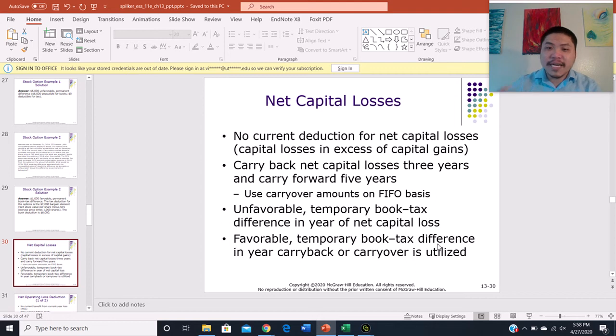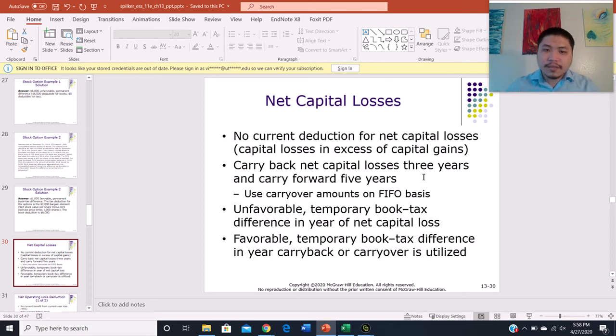And then the leftover they can carry forward for 5 years, right? Or can carry back for 3 years, right? And yeah, so if there's a net capital loss, they can do that. And then for the year